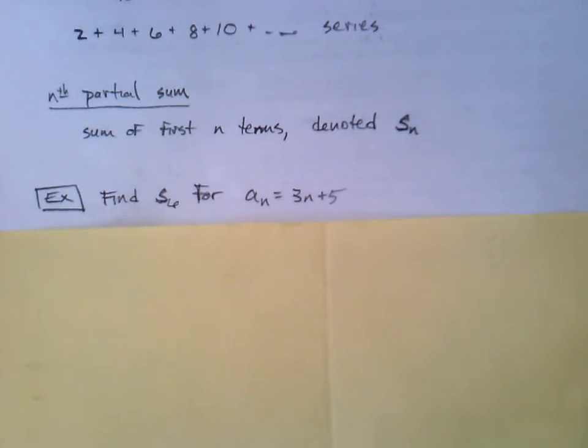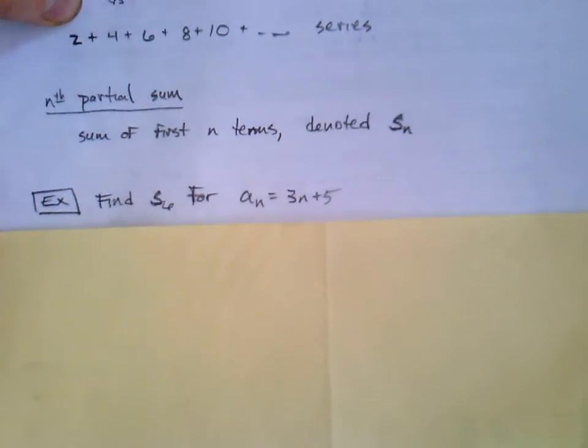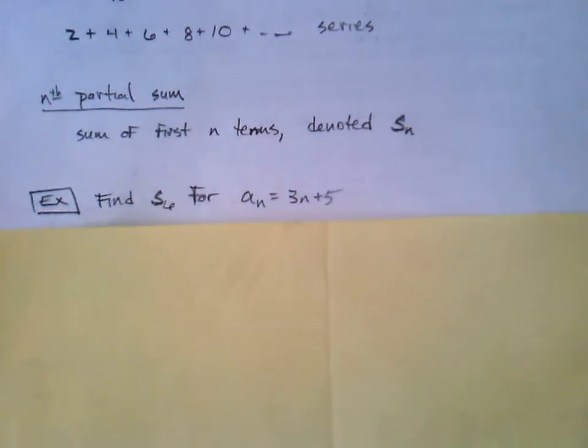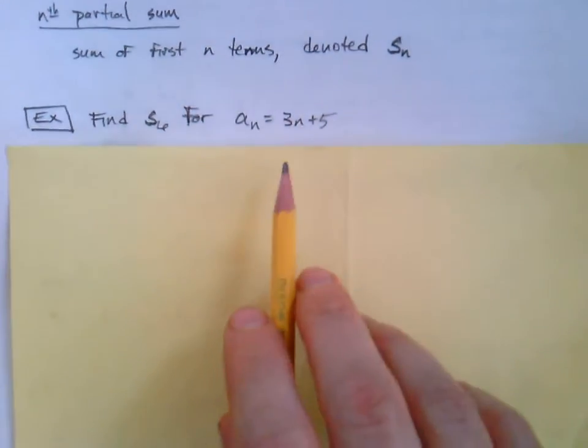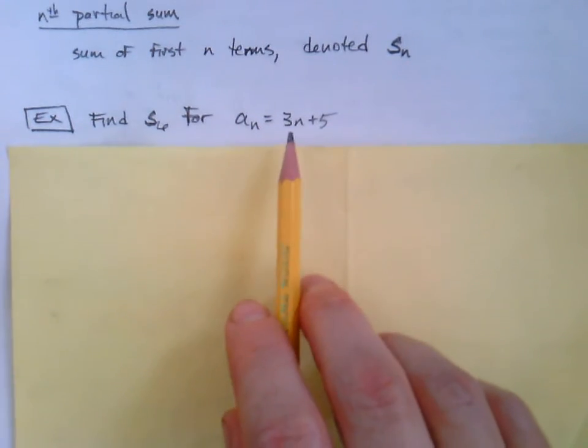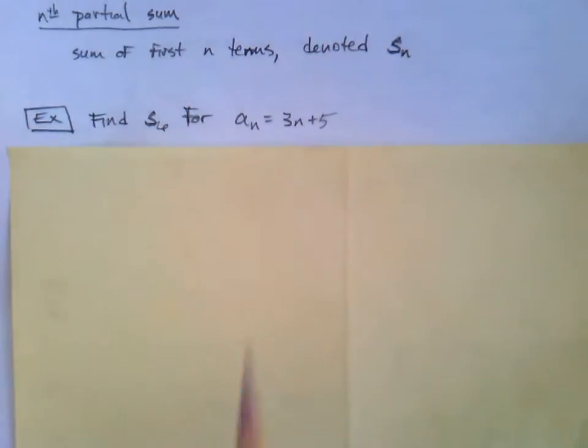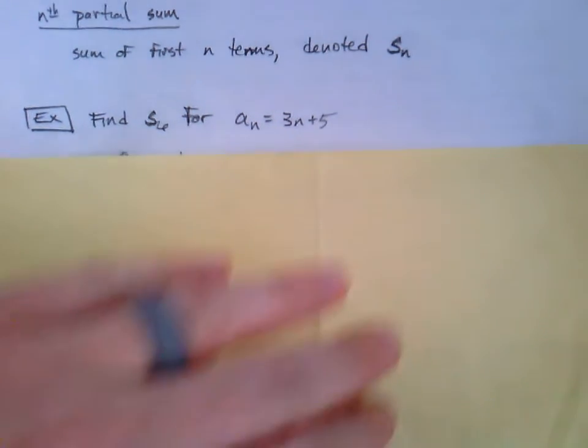Okay, now let's dive into an example. We're going to find an nth partial sum for this series right here. We saw this sequence back before as well. a_n equals 3n plus 5. So if you recall,